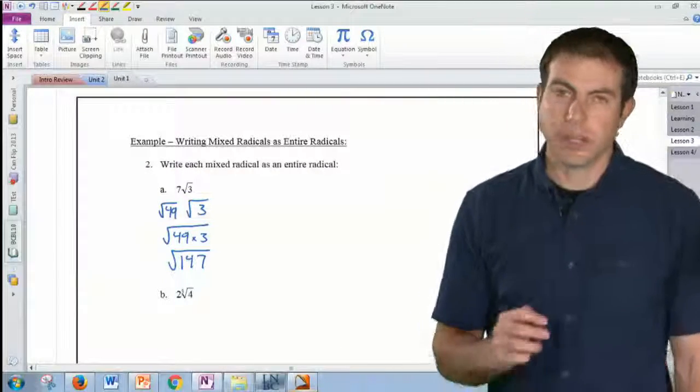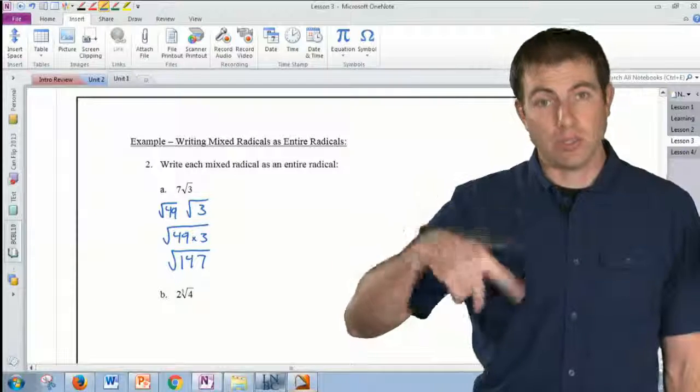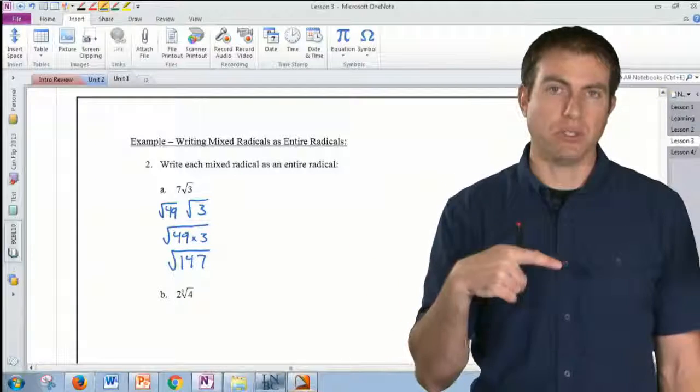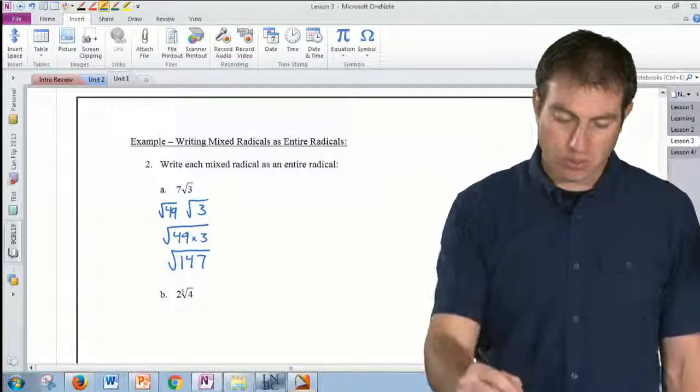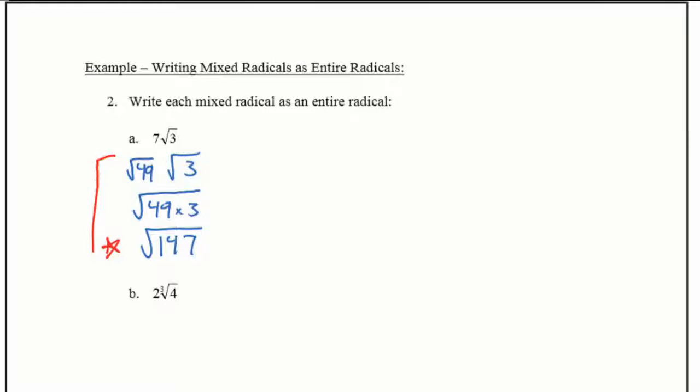Whoa, crazy. So this is the exact opposite process of what we just did on the previous question. On the previous question, we would have started here and worked to the answer, the 7 root 3. In this question, we're actually starting at the 7 root 3, and then we're going that way to get it as an entire radical. Let's look at